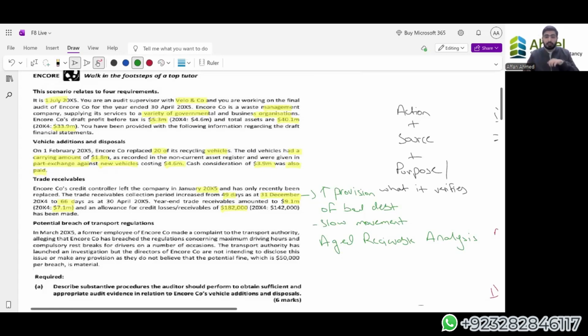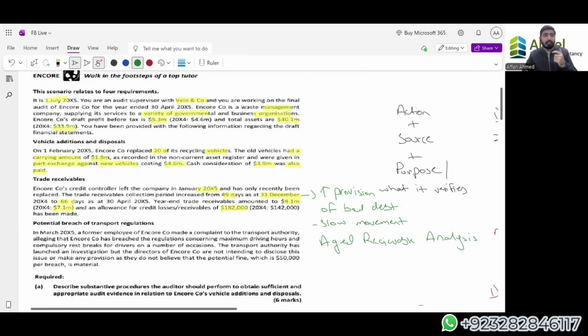If I'm able to analyze the situation to identify slow-moving people, I will ask the credit controller who is currently in the organization what they are doing to take the money from them, or whether there is a chance that the allowance might increase or decrease. What is the situation here? Now if we are having more slow-moving balances, that means the allowance for credit losses or expected credit losses is substantially increasing. We have a hint of an increase. So we have to account for that.